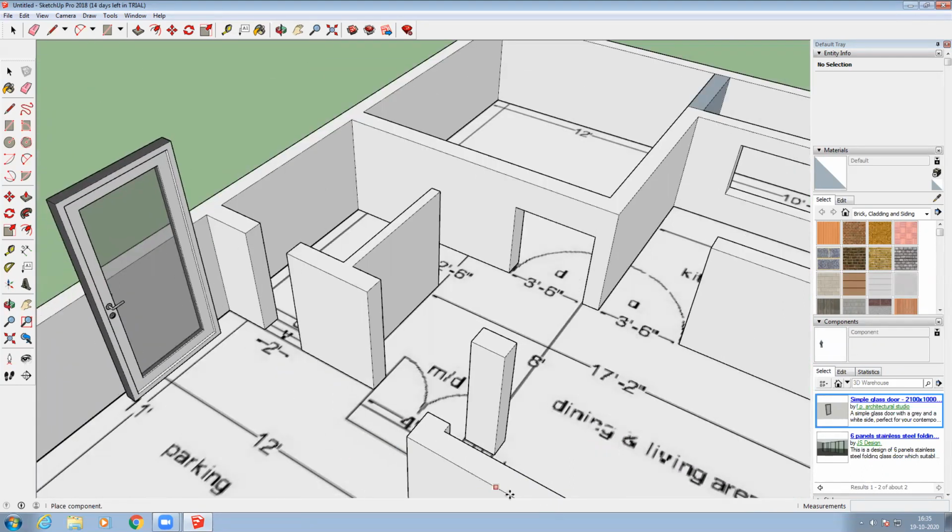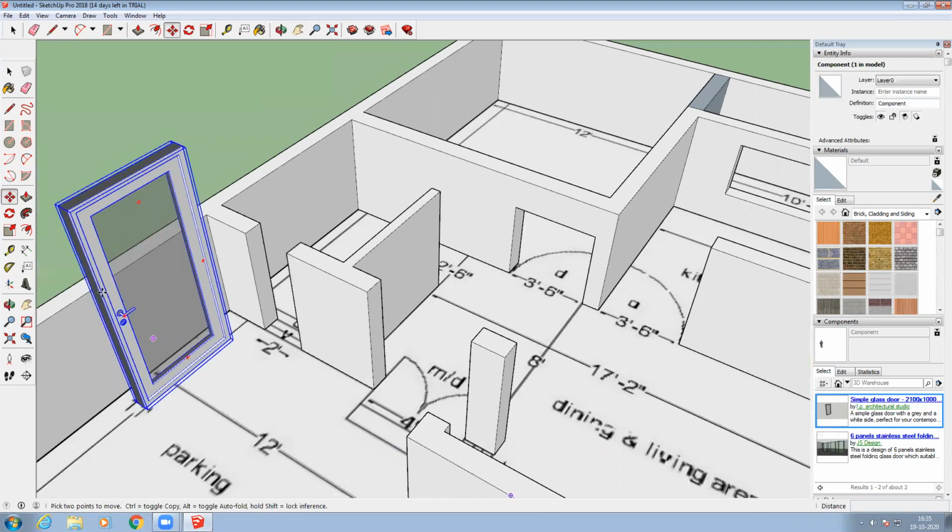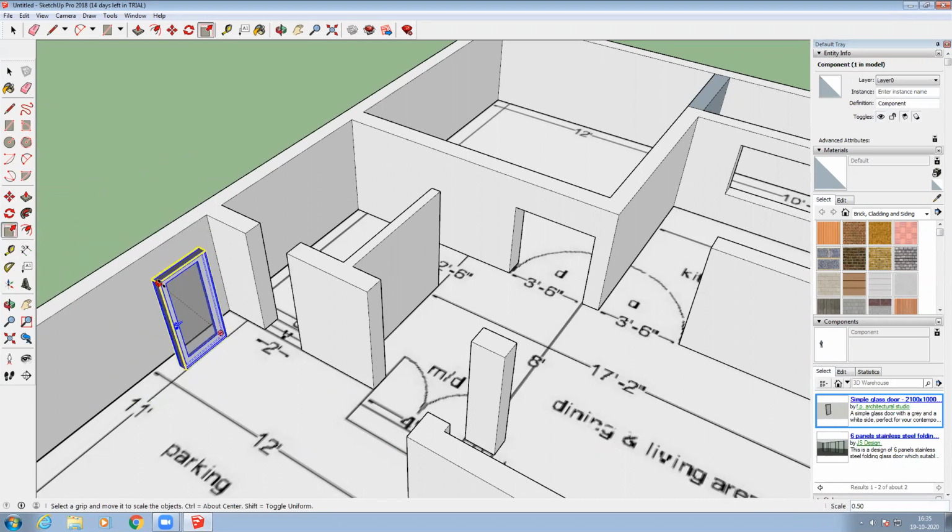What I'm going to do is decrease the scale of this. I'm going to take this and decrease the scale like this. Then I want to rotate it so that I can fix it over here properly. I'm going to rotate it from this edge.